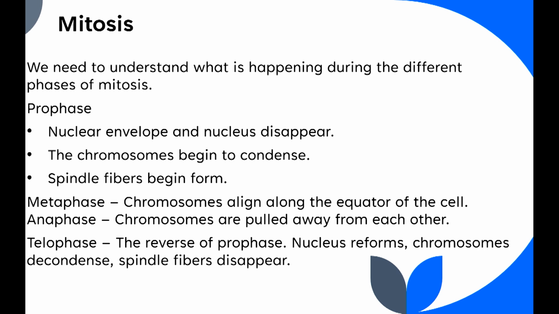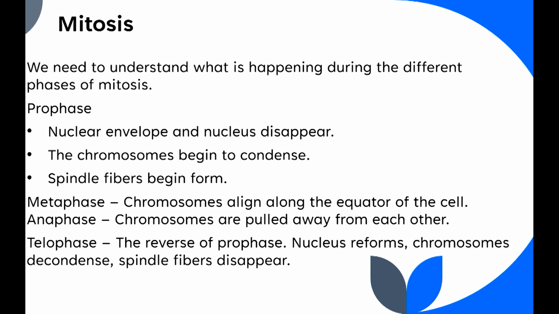Okay, the chromosomes begin to condense. Remember that most of the time the DNA is in the form of chromatin. It looks like spaghetti. It's kind of hard to see. During prophase, the chromatin starts to coil up and turn into chromosomes. And the chromosomes are easier to see because they're thicker. That's like when you take the spaghetti and coil it around your fork before you're ready to eat it, right? And then lastly, during prophase, the spindle fibers begin to form. Those were those blue lines I was talking about.